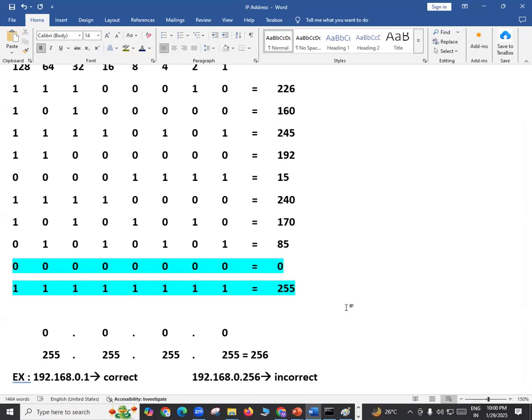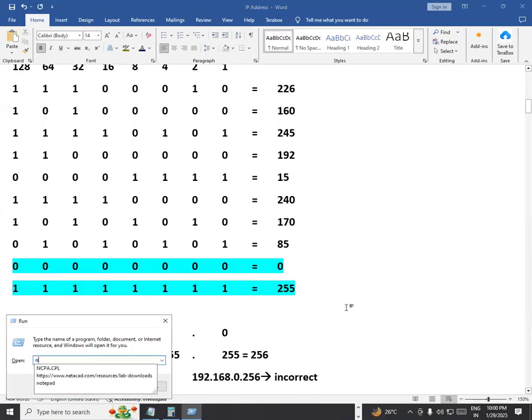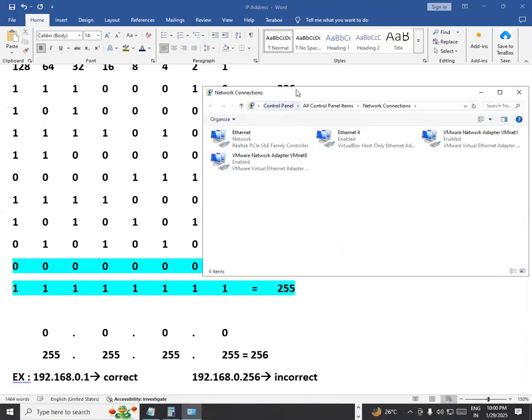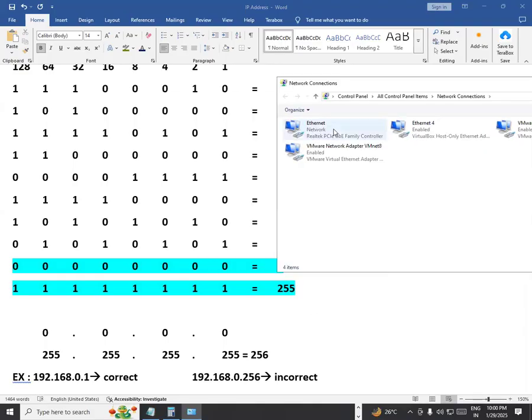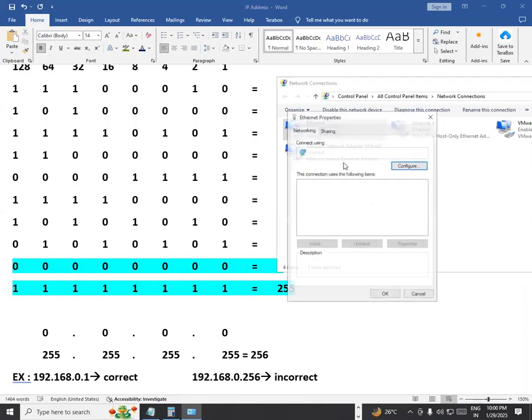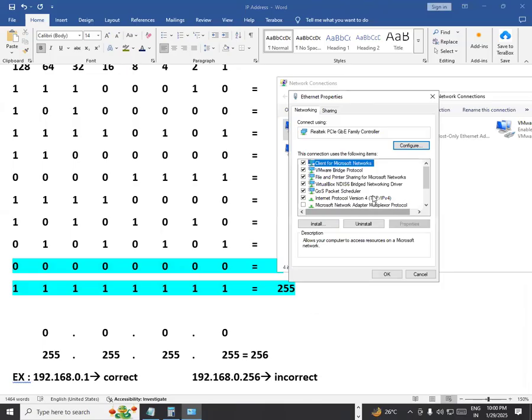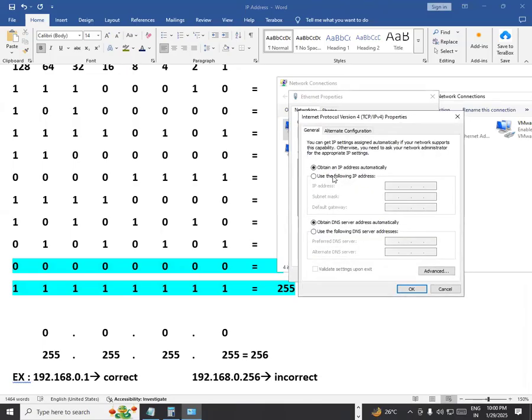Got it? Now, before we end the class for today, let me just show you the IP address concept again, the practicals of IP address, how we can assign the IP address in a Windows machine. How to assign an IP address in a Cisco router will be different. In a Cisco switch will be different. In a Linux operating system will be different. But in all these machines, can I say 192.168.1.10? Of course, I can say the same number in any of the devices. So see, I just said 192.168.1.10, so there is no problem here.